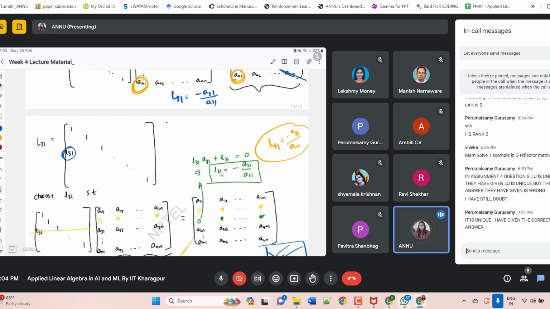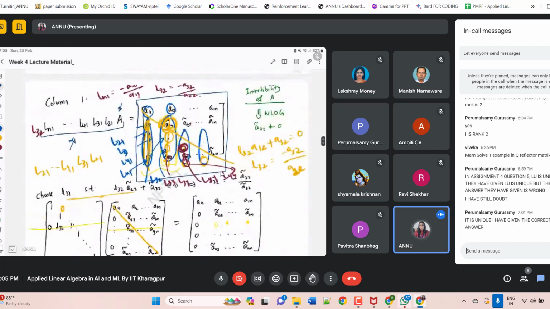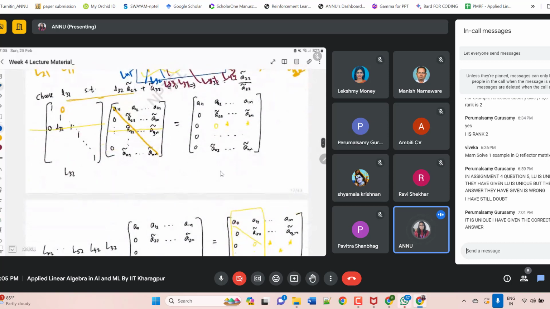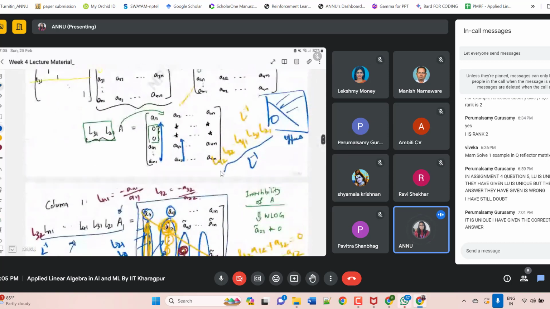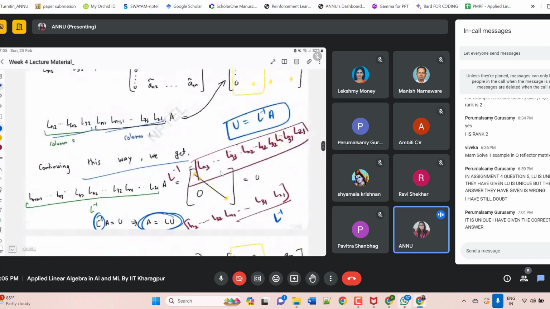Okay. So what should be the values of the L matrix? That I'm telling. All the multiplication of L that we have done until now is L inverse. Now, this is L inverse. So what should be the value of L? You have to invert it and find it. So, I hope this is clear to this point.